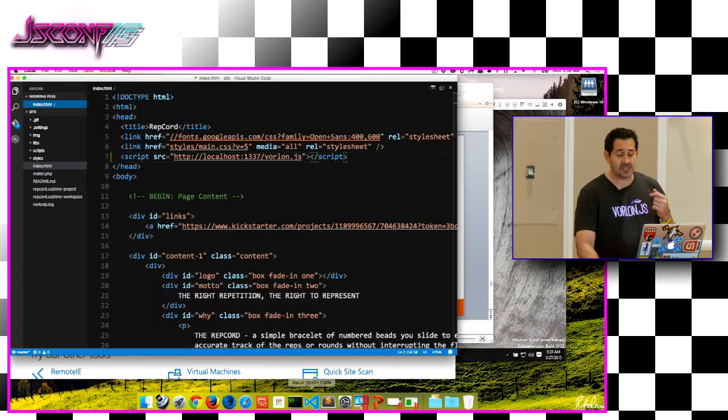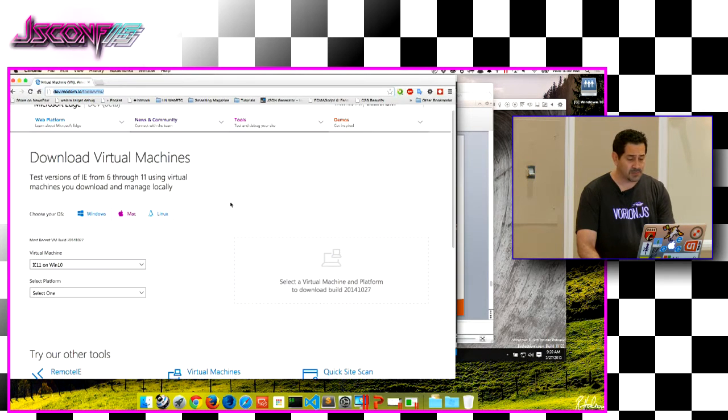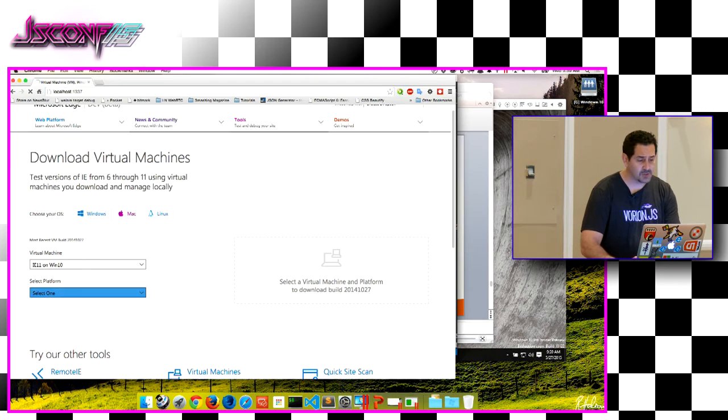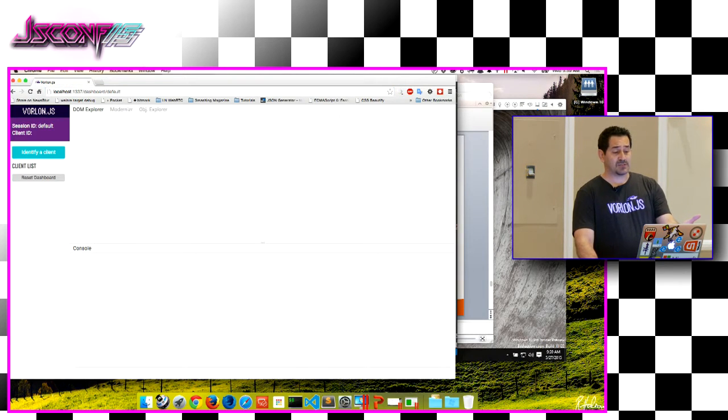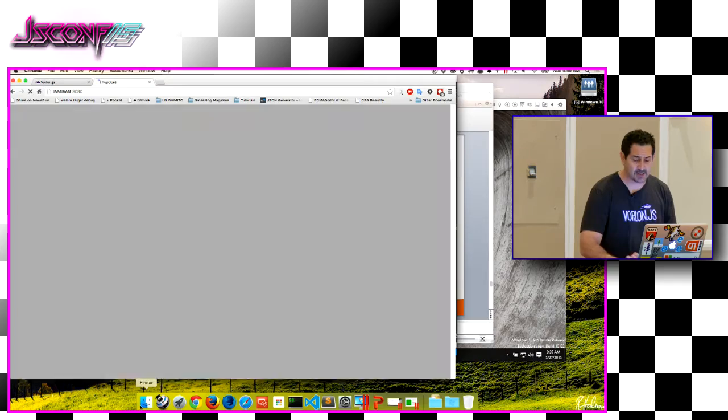One of the things that you need to do is add this JavaScript script tag in your code. Okay? This is what actually allows Vorlon to read your DOM, understand what's going on within your page, analyze it, and represent it. So now when I go back to my browser and go to localhost 1337, Vorlon's going to bring me up a dashboard. The dashboard doesn't show anything right now, but as soon as I go into my app, localhost 8080,